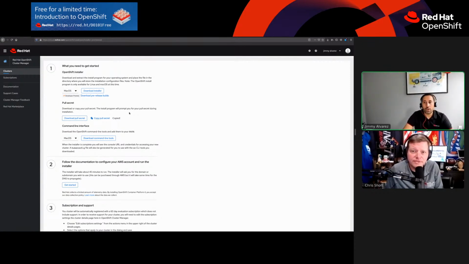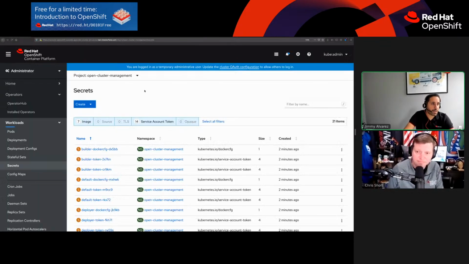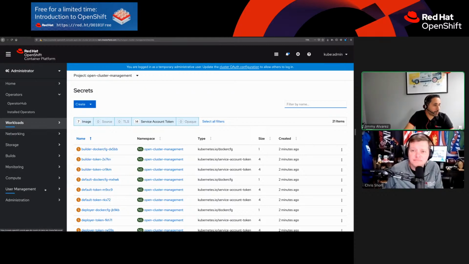Beautiful. So, instead of having to go to access.redhat.com and configure all your entitlements and everything else, once you already are entitled to ACM, you just need to get the pull secret from cloud.redhat.com and then go back into your ACM. So if we navigate back to ACM real quick,